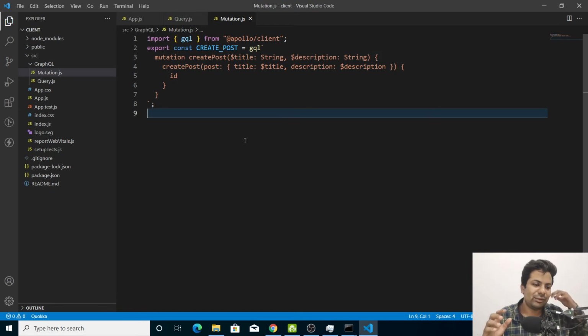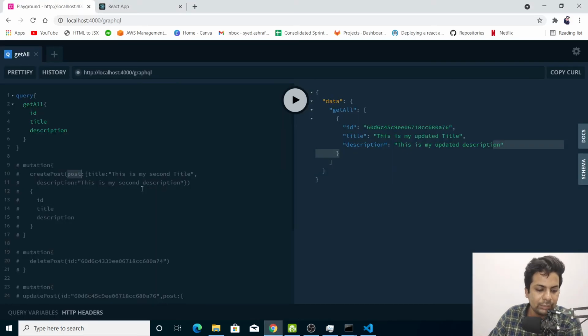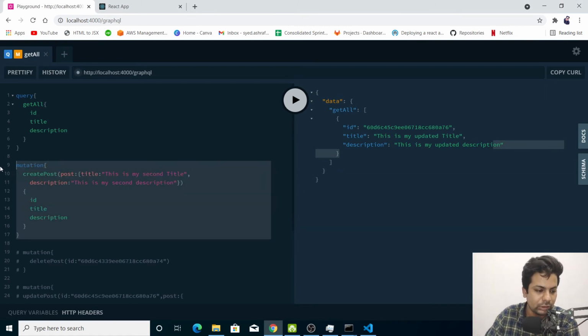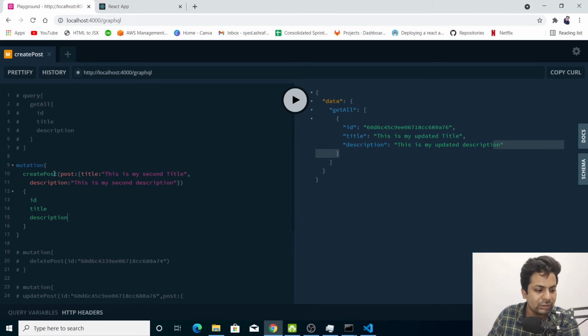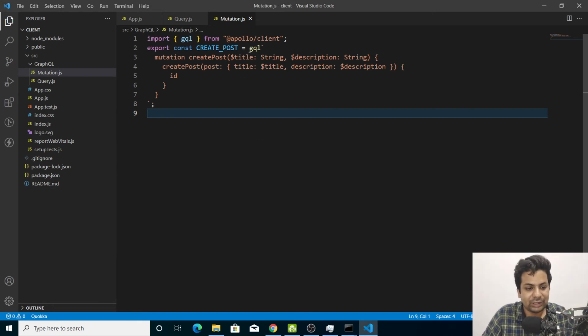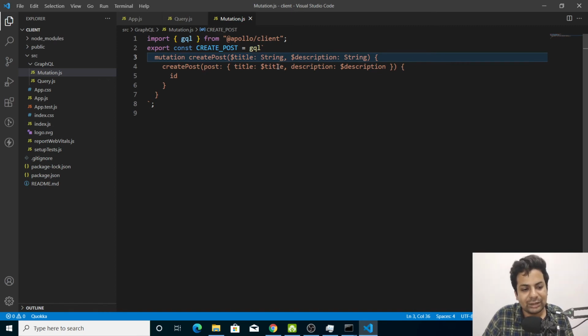So basically you were thinking, suppose we want to create a post, what will we do? Let me remove this. In this we just have to pass this createPost and that post title and description, but in React.js you have to do something like this: mutation createPost, then $title, whatever key, then what it should be, String, $description String, then again createPost title $title.